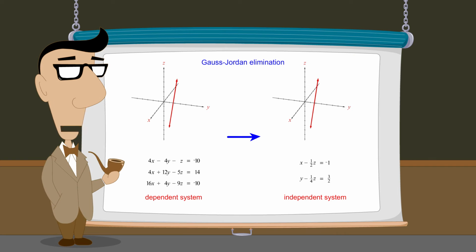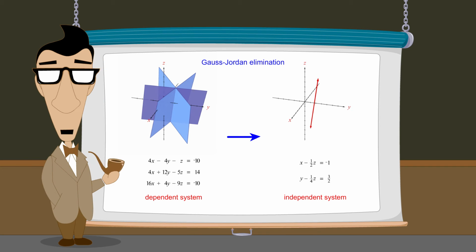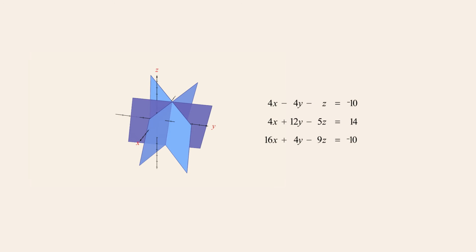In this lecture, we will look at one example from the previous lecture and see how the planes were transformed step by step from a system of 3 planes representing 3 equations, each containing 3 variables, to a system of 2 planes representing 2 equations, each containing only 2 variables. In this example, no 2 equations were multiples of each other. However, each one is in fact a linear combination of the other 2, and so all 3 equations are dependent, although it would be very difficult to tell this just by looking at the equations.